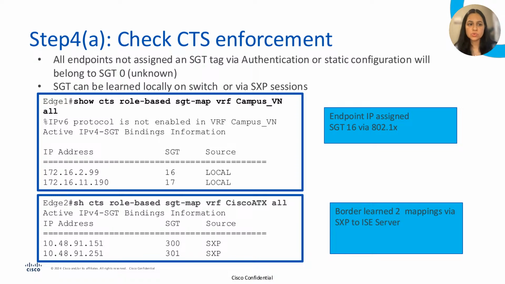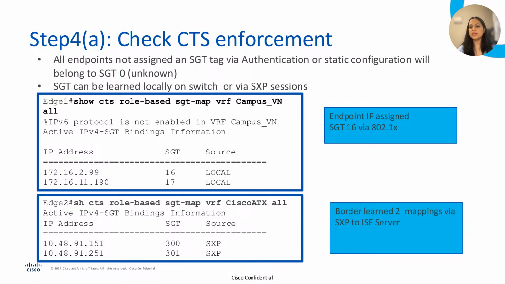The command show cts role-based sgt-map will show the IP to SGT mapping on the switch. These mappings could be learned locally, or they can be learned from an external source like SXP that I showed initially in the diagram. Like here you can see in this example 172.16.11.190